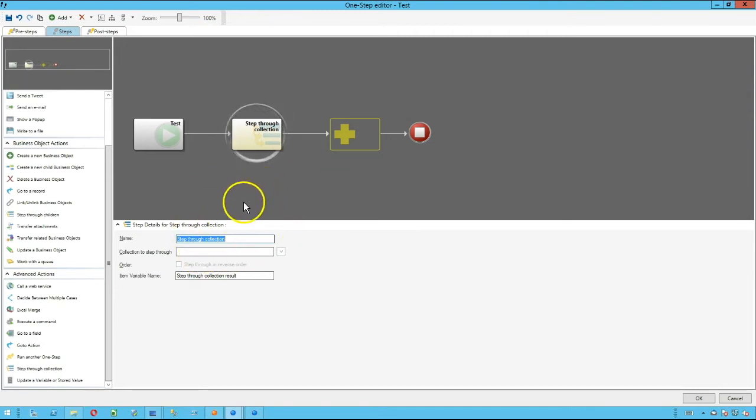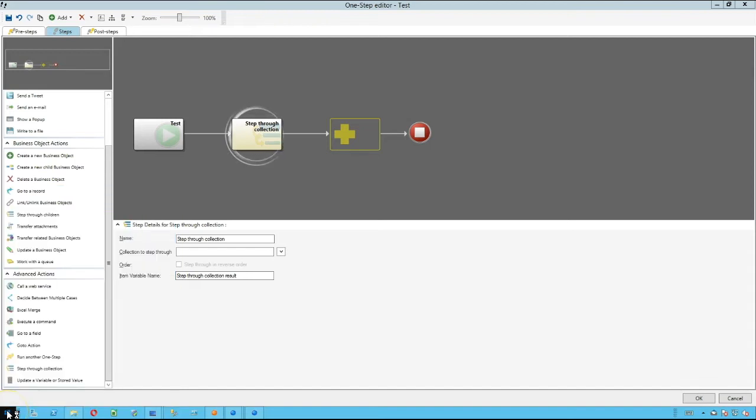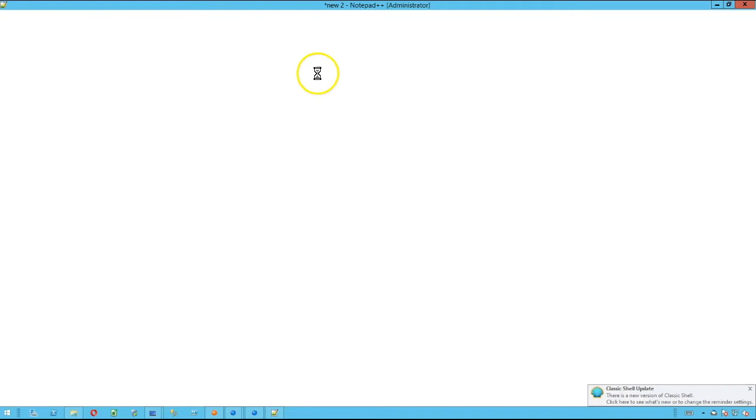And what we do here is we identify a collection to step through, and then when we do so, we can actually drill down into this item, and we have the option then to perform some kind of action with the XML that's returned for each item. So if I open up Notepad, the example I'm going to be working with here today